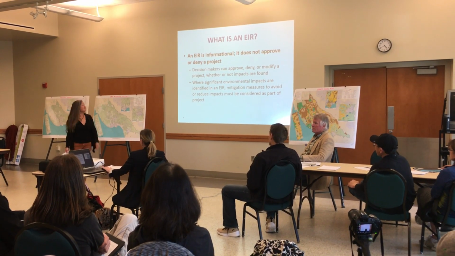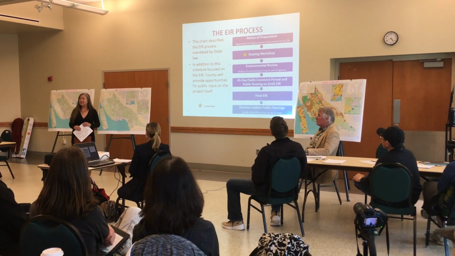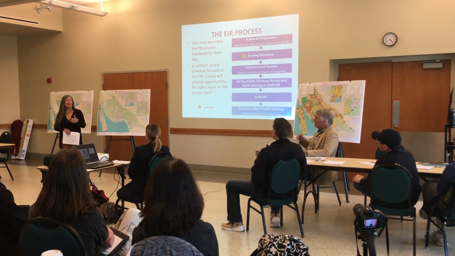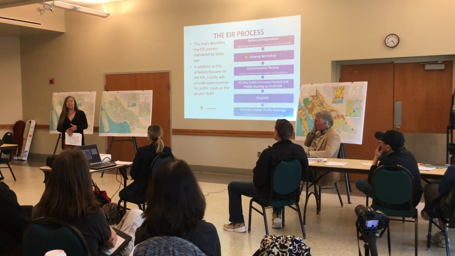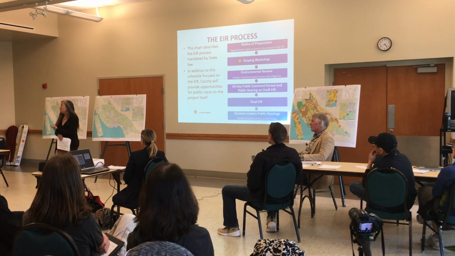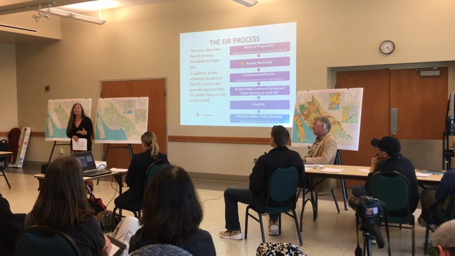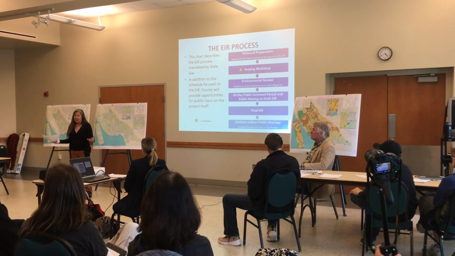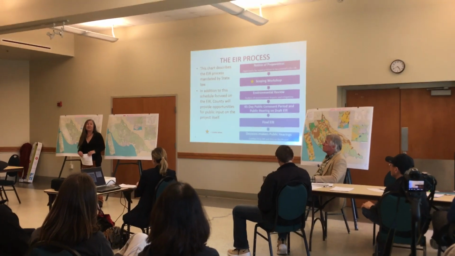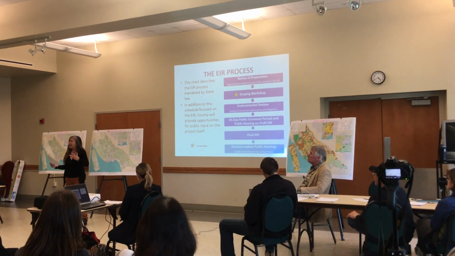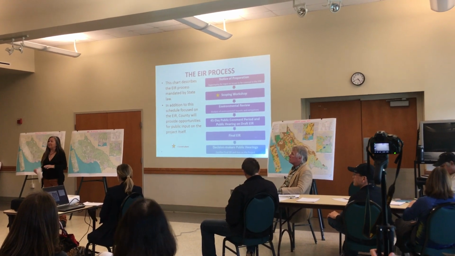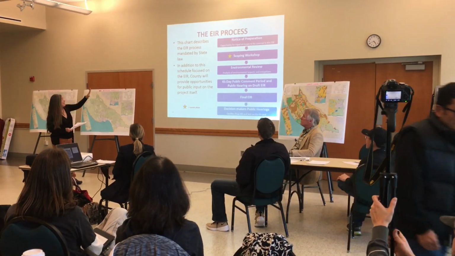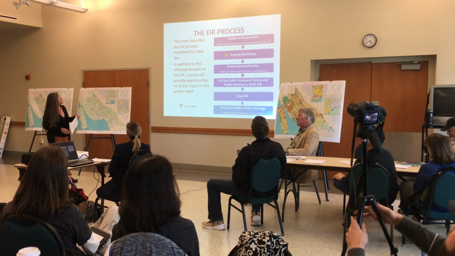or modify a project. Where there are significant effects, there is a finding that a decision maker must make. It's a finding of impacts, and if they want to go forward and approve a program or project, and there are significant effects, they must make what's called a finding of overriding considerations, which means that they acknowledge there are potentials for significant effects, but on balance, there is some public merit, public welfare, general benefit that overrides those significant effects.